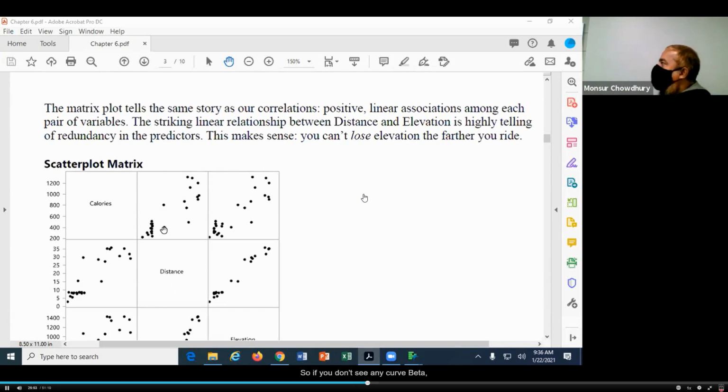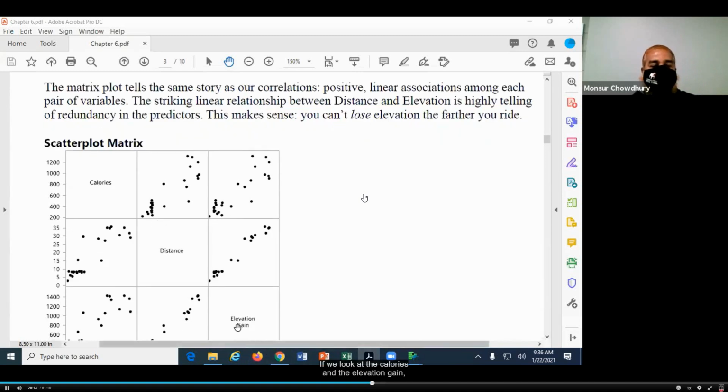So if you don't see any curve pattern, we call it linear. We can say positive because the trend is positive, it's going upward. And we can say strong because we can see that most of the points are close to the straight line. Now same as the other one, if we look at the calories and the elevation gain,